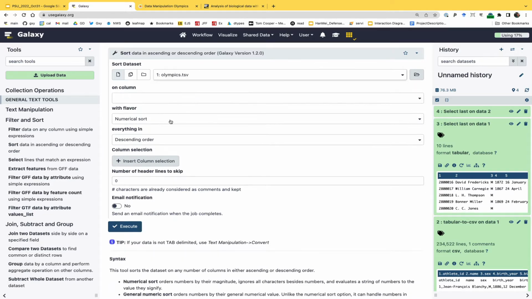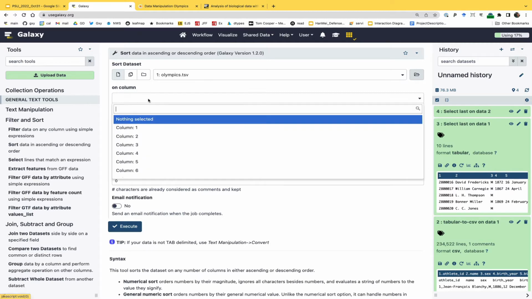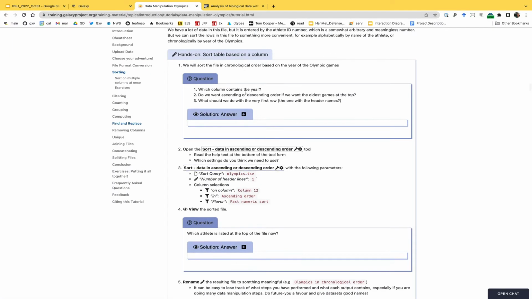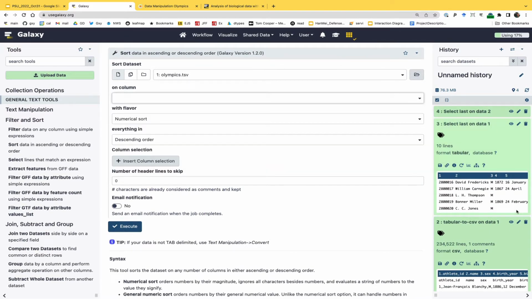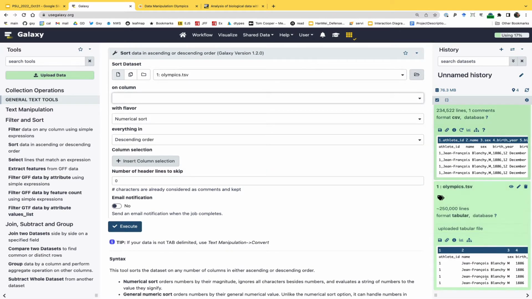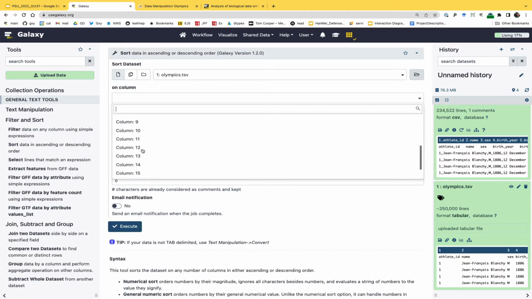Let's take our original tab delimited data and sort it on, actually, what does the tutorial want from us? They want us to sort it by year, okay. How do I know which column is the year? Well, it's probably column 12. So let's do this on column 12